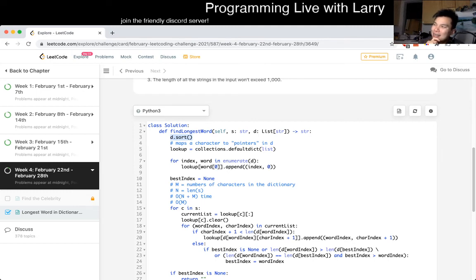Maybe not n squared, but you have to introduce another variable. But okay, let's just call this n log m. You could do it without the sorting, but the complexity there is a little bit different, because then you have to do